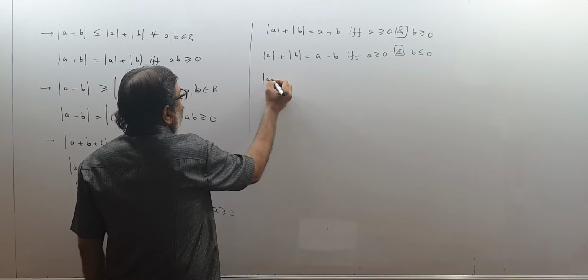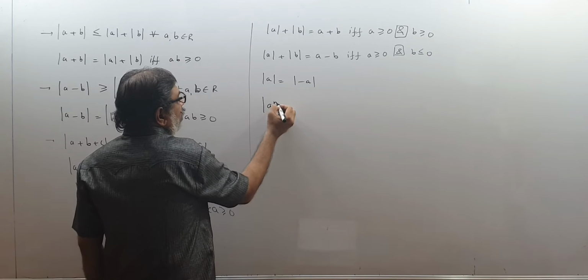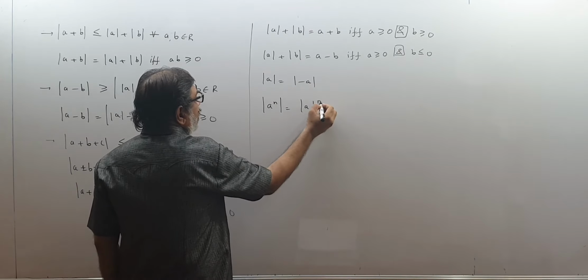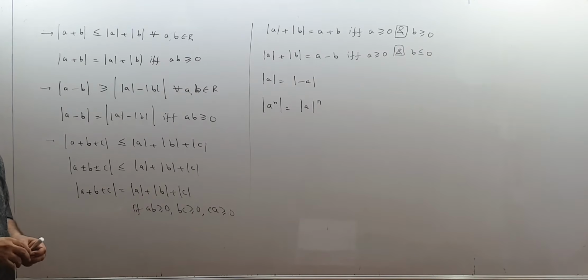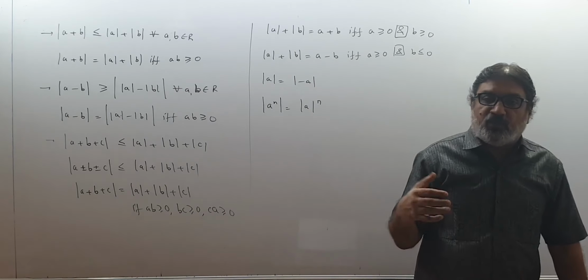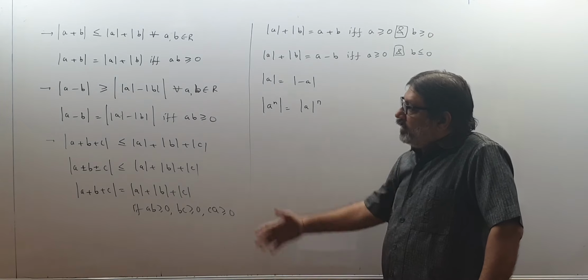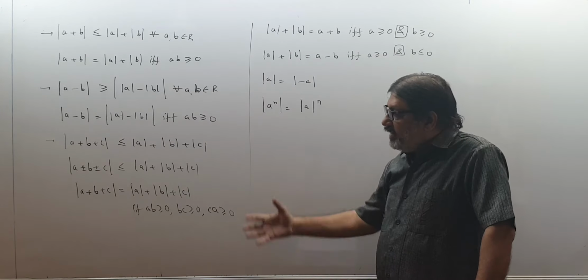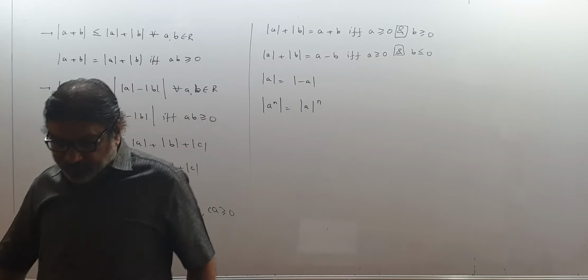And please remember, mod of a will be equal to mod of minus a. So I have given you the maximum properties, children. Some, if I have missed, maybe some other time I will tell you, but these are the maximum properties of modulus which you should remember at least now. As you progress, you will learn more and more things, but right now at least these many properties of modulus you should know, and you can cross check by taking different values of a and b as shown in the conditions, and you will find them always right. Please pause and copy, children.